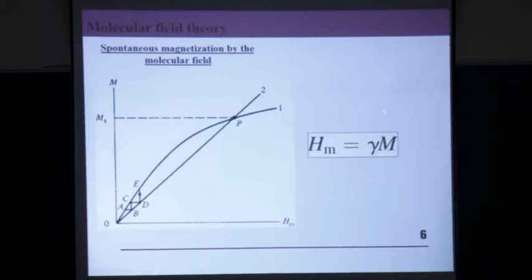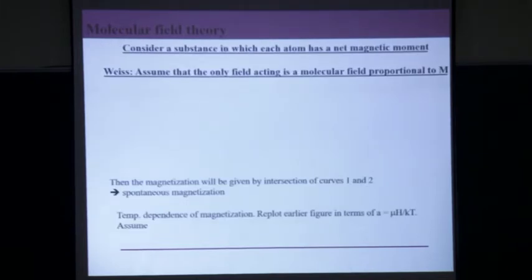As I told you, there's a measure of the molecular field, which depends on the magnetization of the material. The more magnetized the material, the more the molecular field, which means the more the chances of forming the alignment, right? So that's what I was telling you.